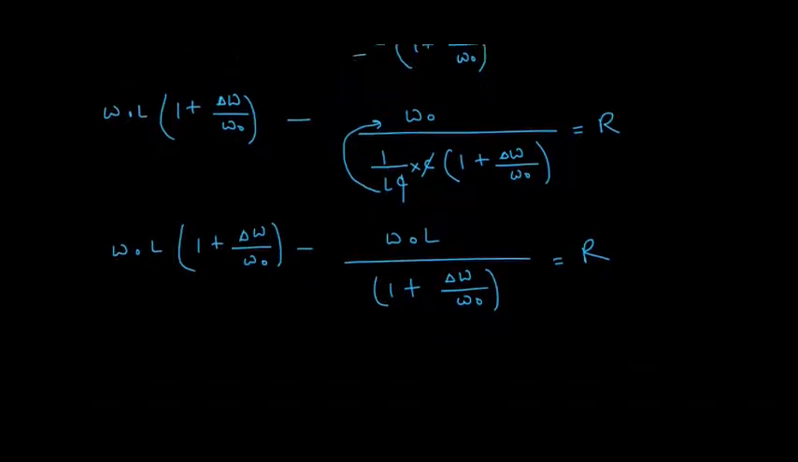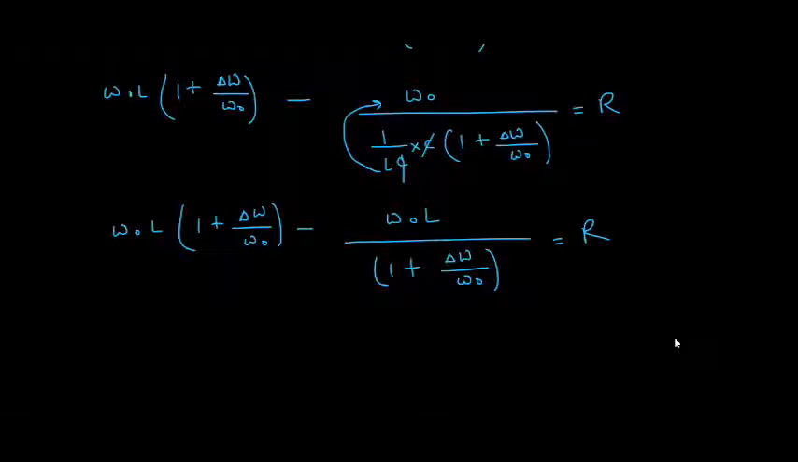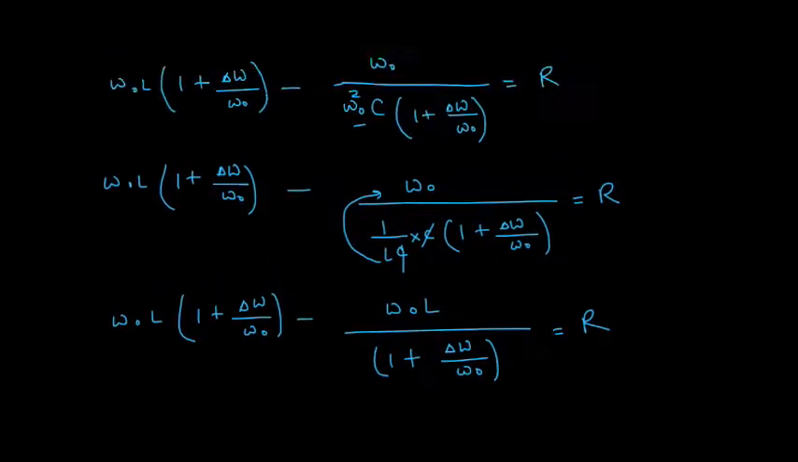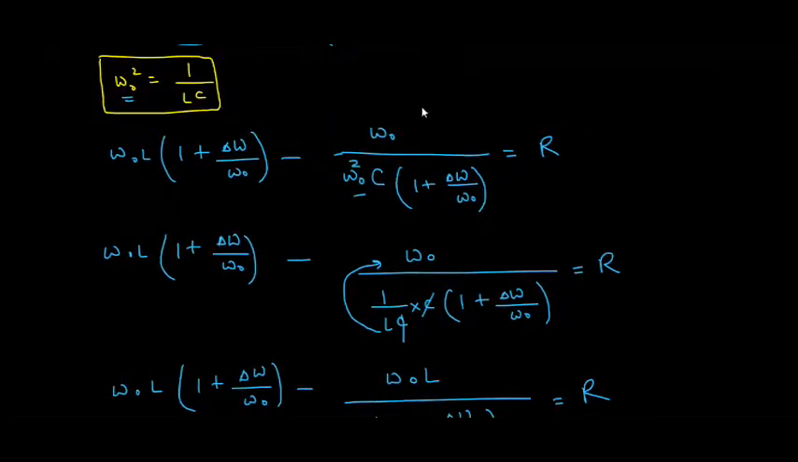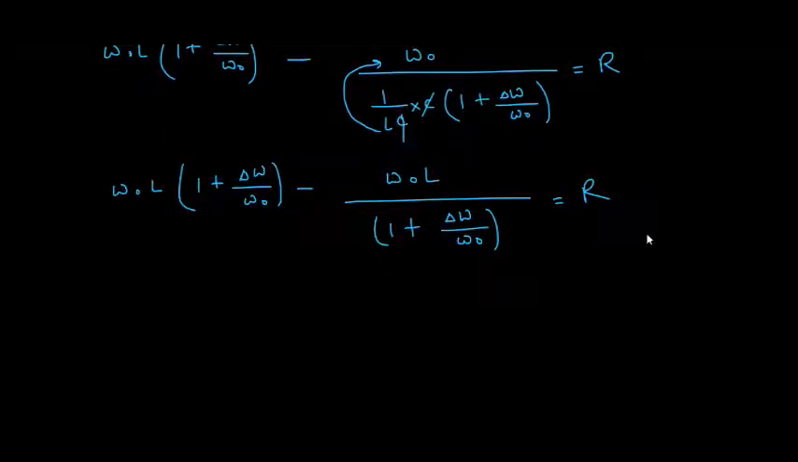So hope this is clear to you. The catch step is multiply and divide by omega naught. And as soon as you do it and implement this omega naught square is equal to 1 upon LC, you can easily derive to this equation. Now, once you are here, we can approximate. So let us see. So we can write